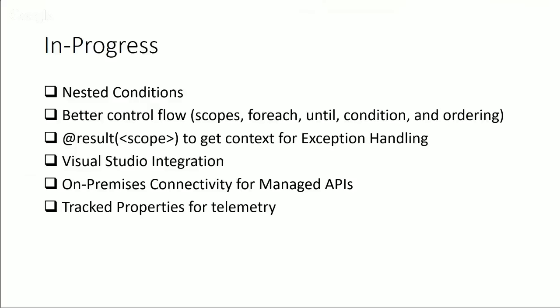Tracked properties for telemetry. So now you can go ahead and promote a property out of your action or your message to say, hey, this is important for me, so that when I look at my run information, this property out of this message is something I want to be able to track and not have to go through and dig through the inputs and outputs to go find it. So this will make it easier in the future when we start adding more search capabilities of these IDs and information. You can start finding runs that were associated with my partner Bob.